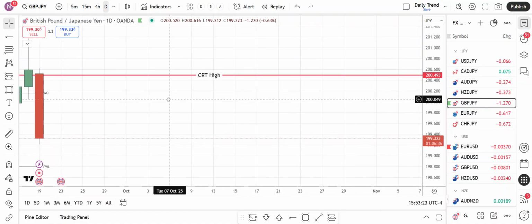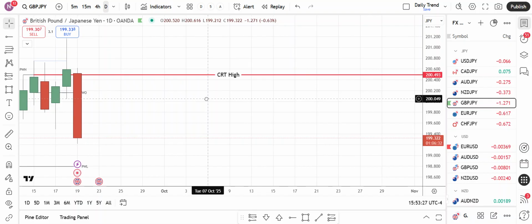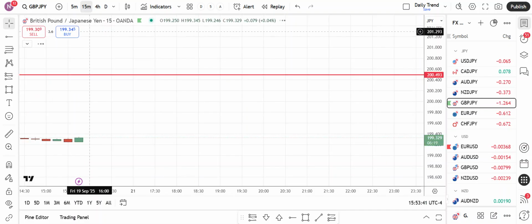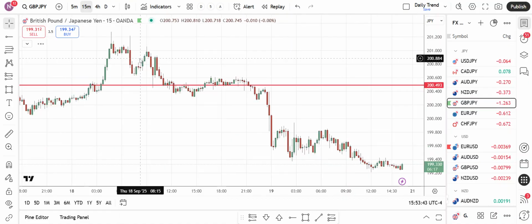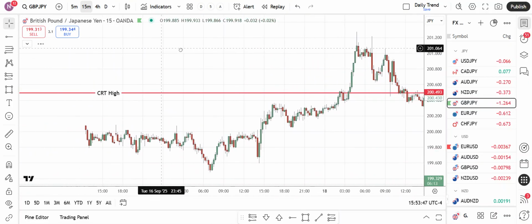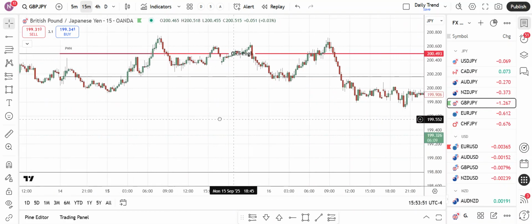So let's zoom in on this. Okay, so Monday gave a poke above and then closed inside the prior week high. Tuesday did break back up above it a little bit, but then it still did tank. So let's see what we could have done on that. Let's go down to a 15-minute chart. Sometimes you just have to stick with the pair too in case it does decide to break back outside of the range. But going back to Tuesday, best entry would have been,